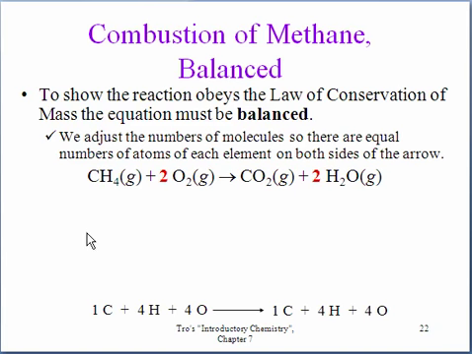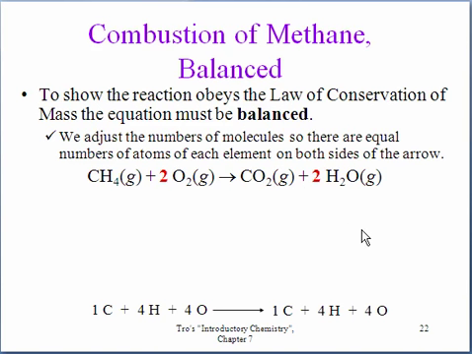So to count the number of atoms, you take this number in front, which is known as a coefficient, and you multiply it by the subscript. That gives you the total number. If you have an element that is in more than 1 compound, like oxygen, you multiply the coefficient by the subscript and then add the 2 values together. If nothing is specifically written, then your coefficient is 1. So 1 times 2 gives me 2 oxygens from carbon dioxide, and 2 times 1 gives me 2 oxygens from